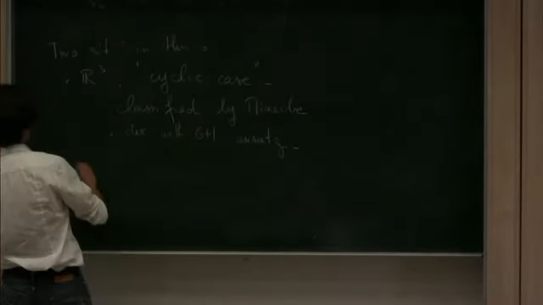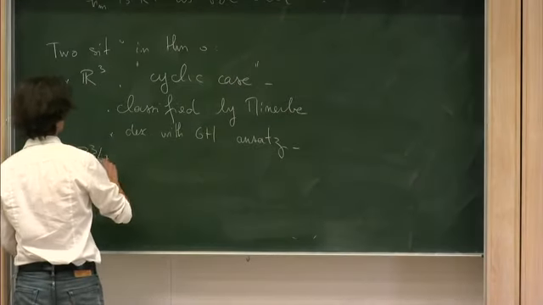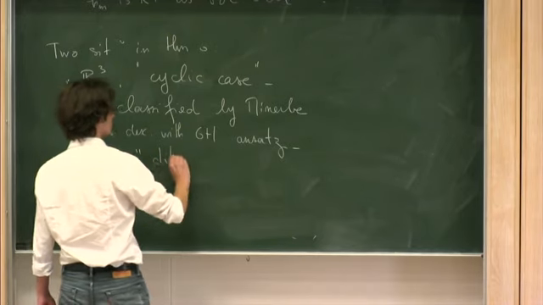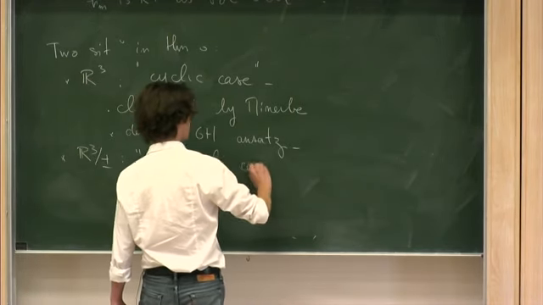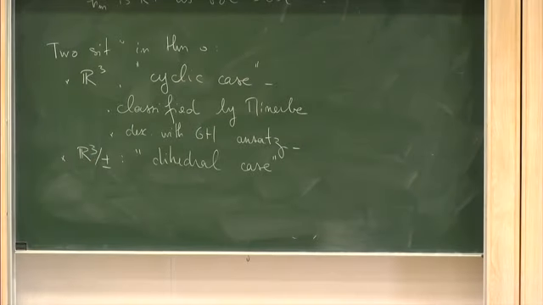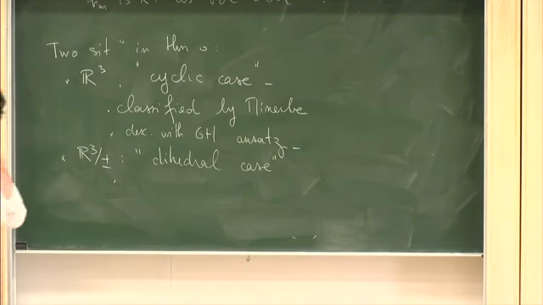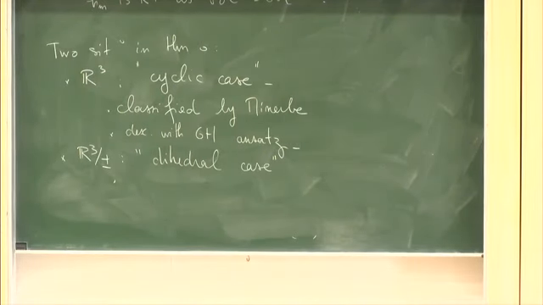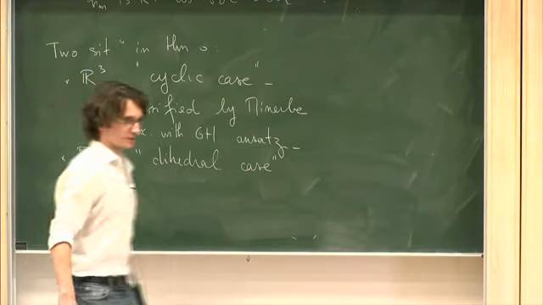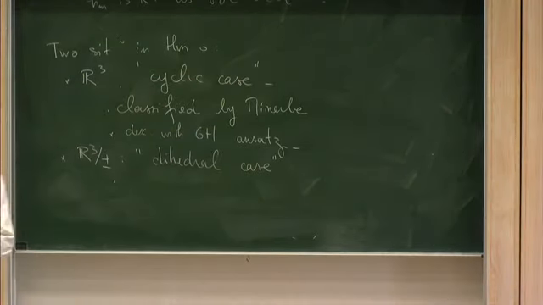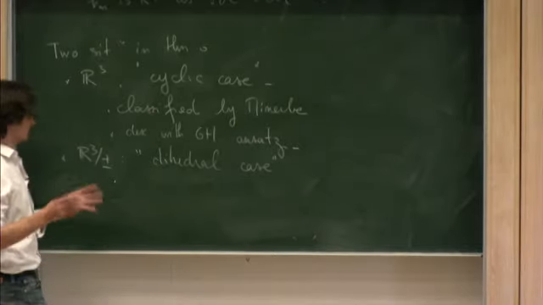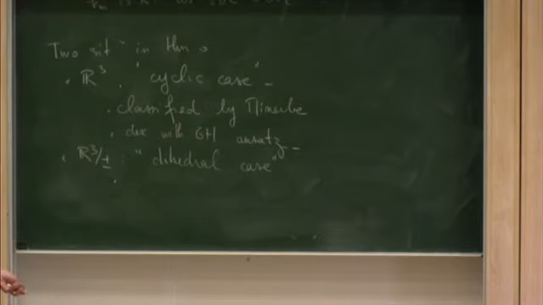So now in the other situation, the situation is less clear. So this would be the so-called dihedral case. And so far, there is no complete classification of this half of the family of ALF instantons. So there are different classes of examples. For example, the Atiyah-Hitchin instanton and its double cover. There is the Hitchin space, and there is another family which I will focus on for the rest of this talk.